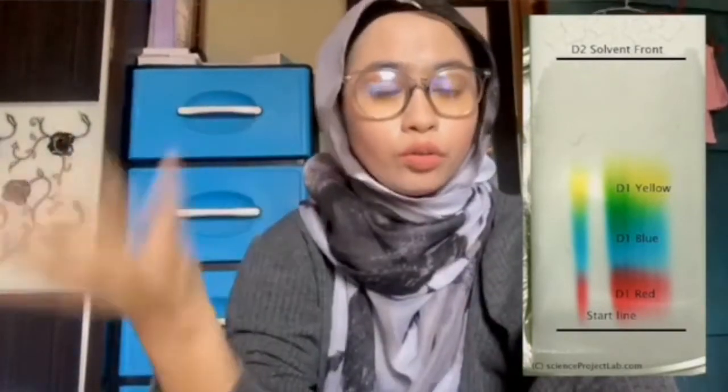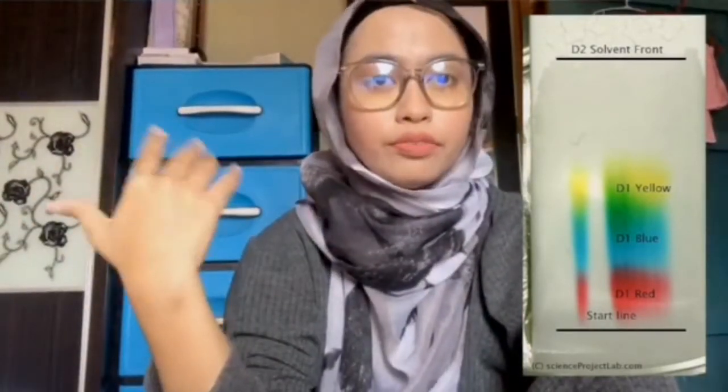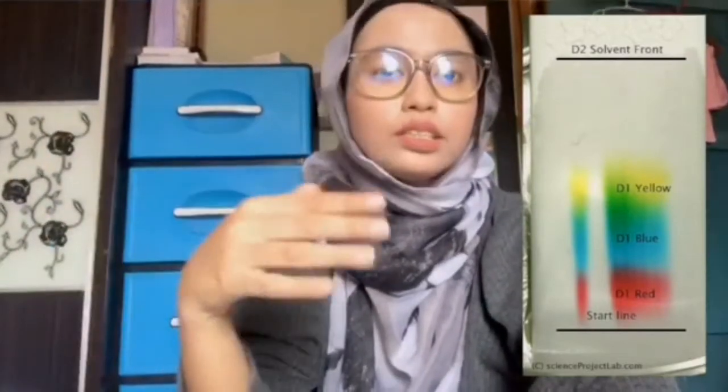Okay, and then the second one is the separation of amino acid, the third one is the chromatograph of caffeine, and lastly the separation of black ink. Okay, next for the parameters, I will take the fourth example of the possible result that I have mentioned before, which is the separation of black ink. You can see here that there are several colors you can observe on the plate. If you want to know how many different dyes are in the mixture, you can just stop here. Okay, I have made an example here.